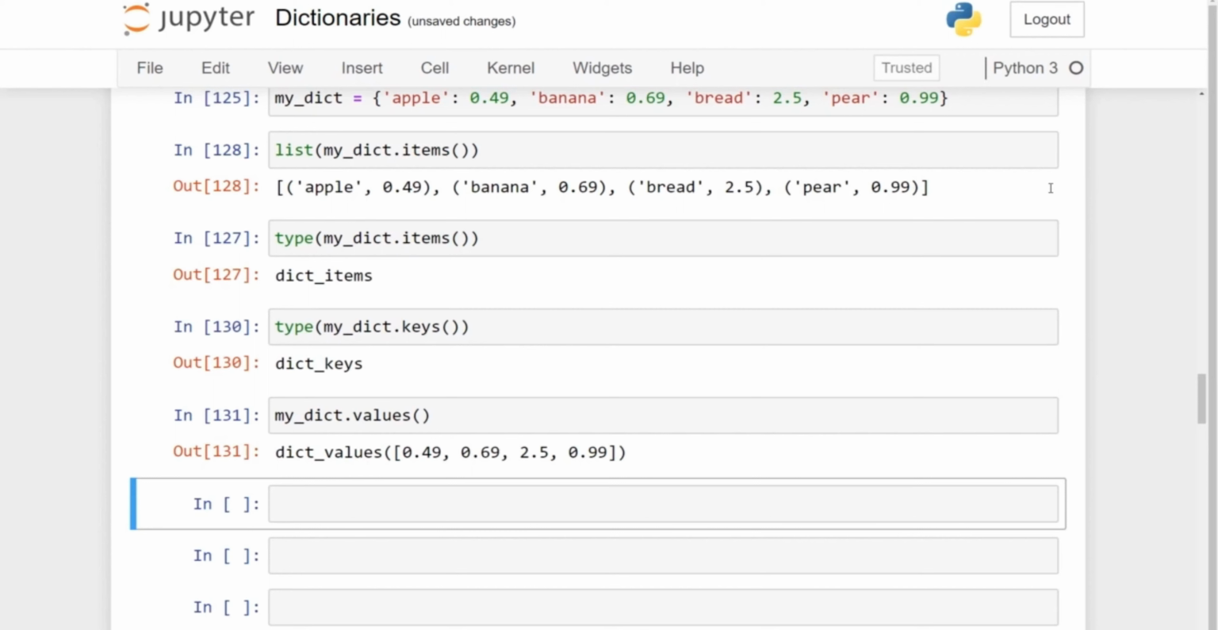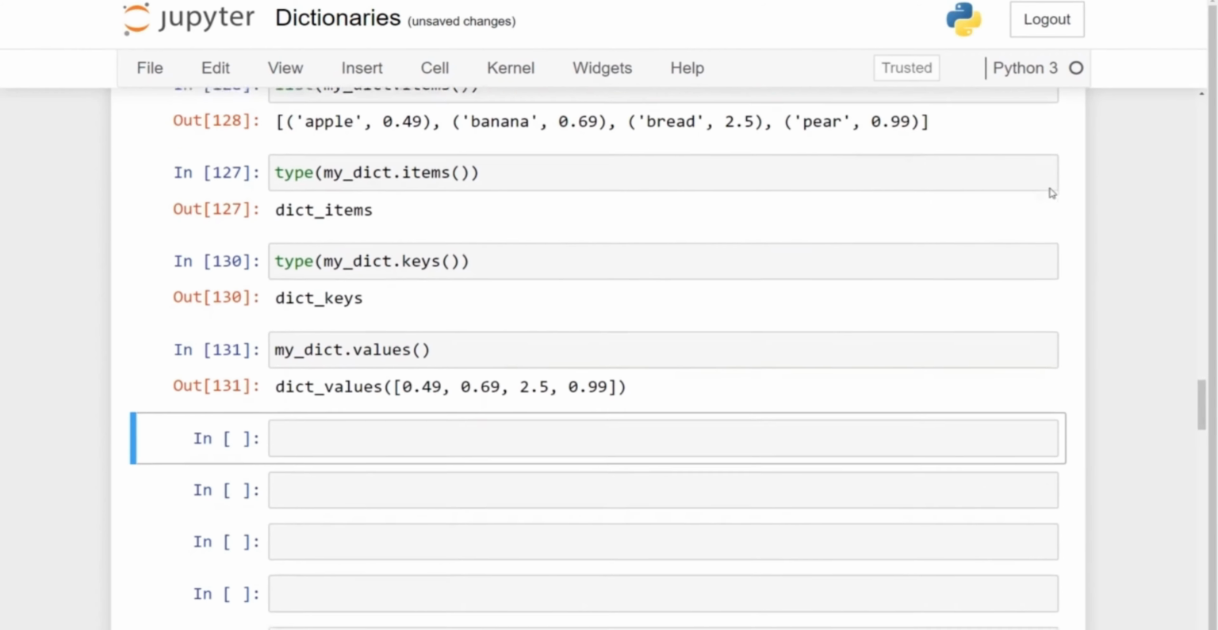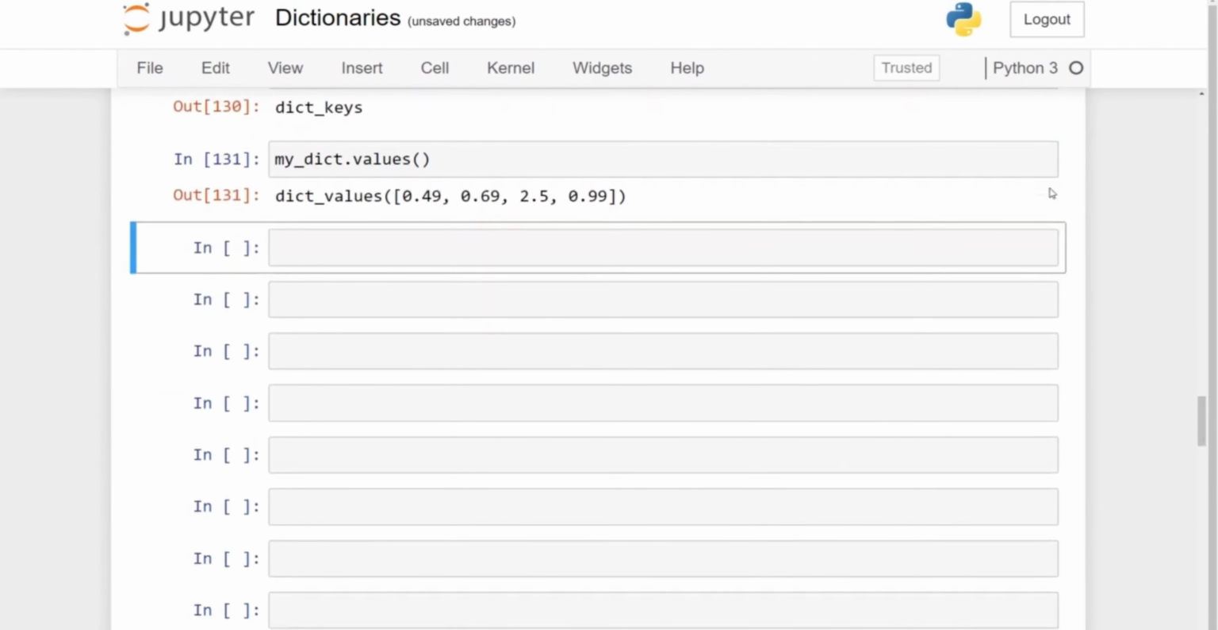Now I just want to introduce a concept which we will cover in much more detail later in the course when we cover control flow, but it's the concept of looping. So these methods that we've just gone through come in very handy when we want to access all elements of a dictionary. So please don't worry about the syntax that I'm using here, just try to follow along with the concept. So if I start by typing for value in, and then place my_dict.values,